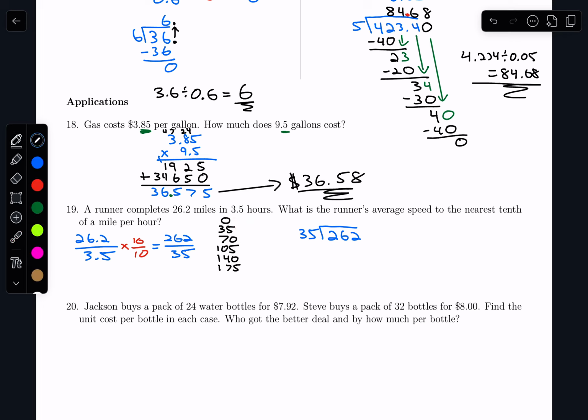After 175, then we have 210. Then we have 245. Then we have 280. And then 315. So this is what we get if we multiply 35 times 0, 1, 2, 3, 4, 5, 6, 7, 8, and 9. Normally, when we do long division, it's a single digit divisor, so we're supposed to know the multiples of